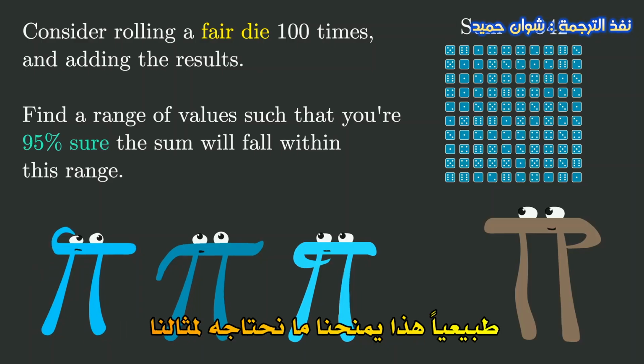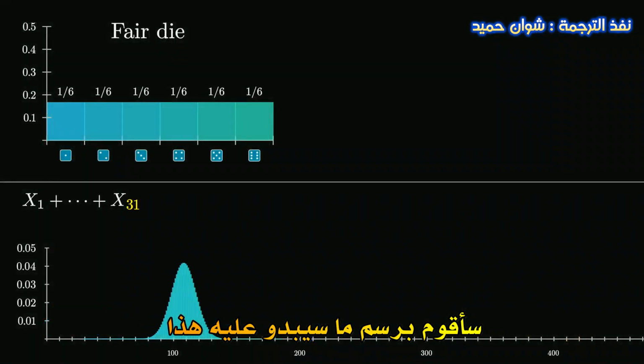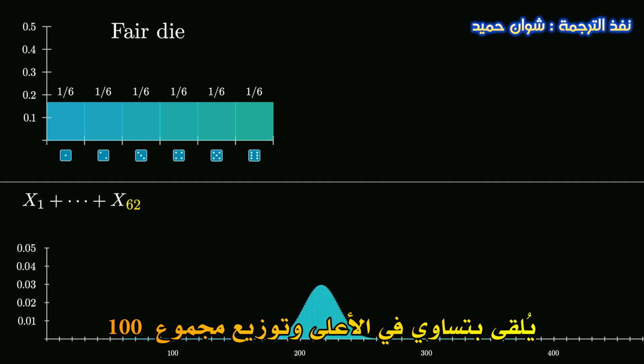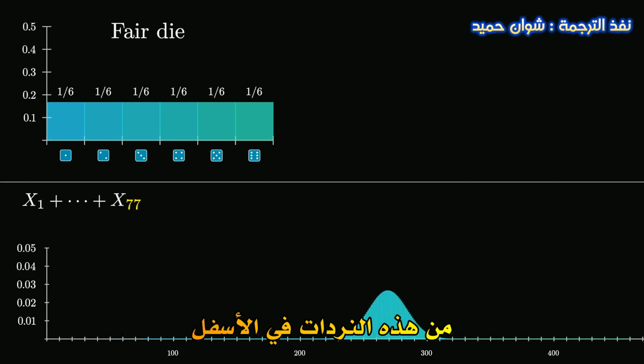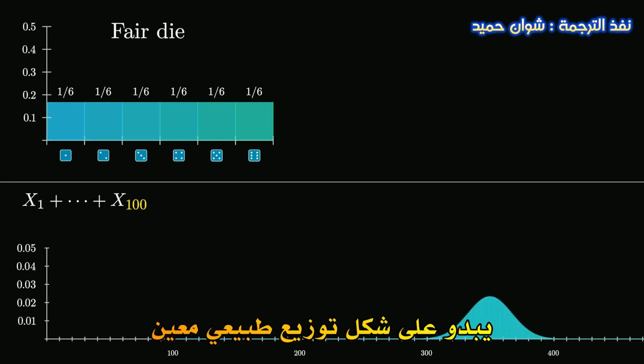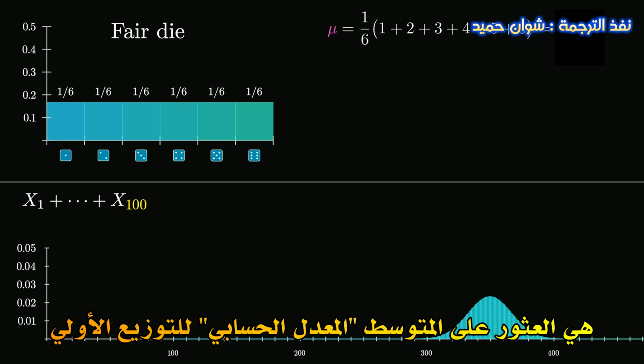Naturally, this gives us what we need for our example, and let me go ahead and draw out what this would look like, where I'll show the distribution for a fair die up at the top, and the distribution for a sum of 100 such dice on the bottom, which by now, as you know, looks like a certain normal distribution. Step 1 with a problem like this is to find the mean of your initial distribution, which in this